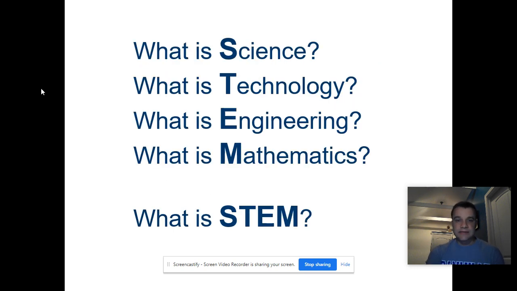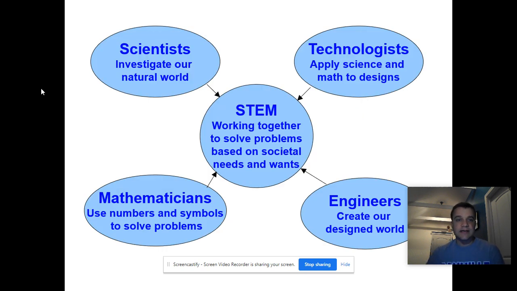of engineering. Science, technology, engineering, and math is known as STEM. Let's actually back up a bit. Mathematicians: mathematics deals with numbers and symbols. Scientists use those numbers and symbols when they investigate the natural world. Technologists take that information about the natural world, apply it to science, use math and science, and start to design. Now, engineers take those designs a little bit farther, use the designs of technologists, build on